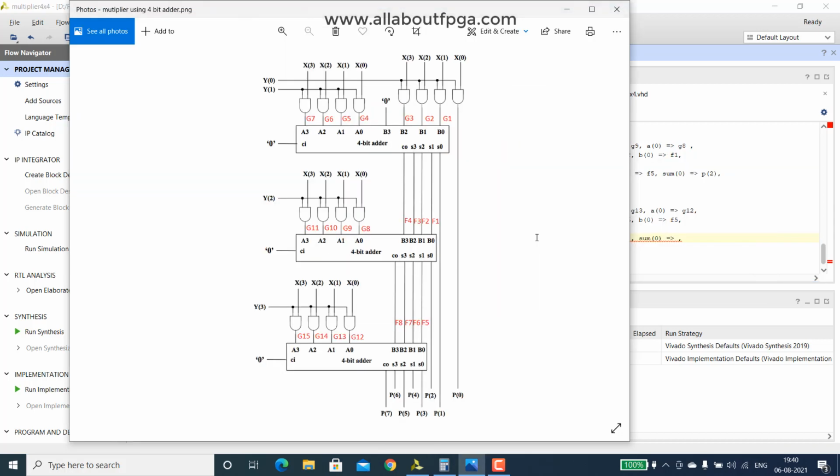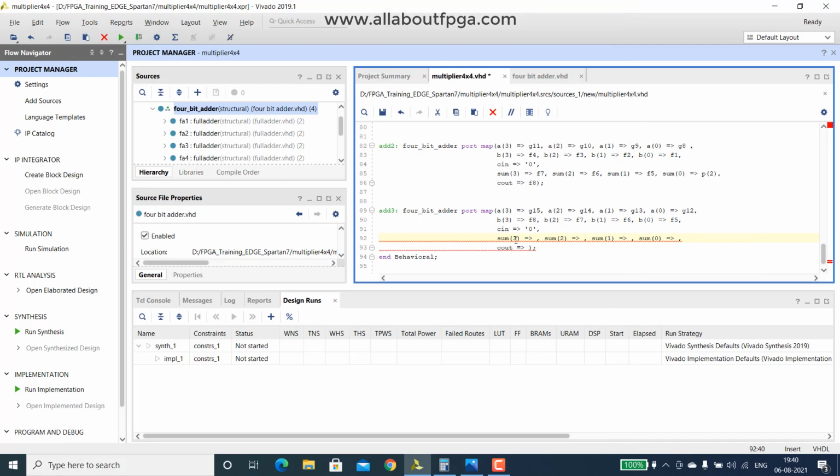For output we have all the products: product of 6, 5, 4 and 3. Finally, we have a product of 7 and close this one. Fine.